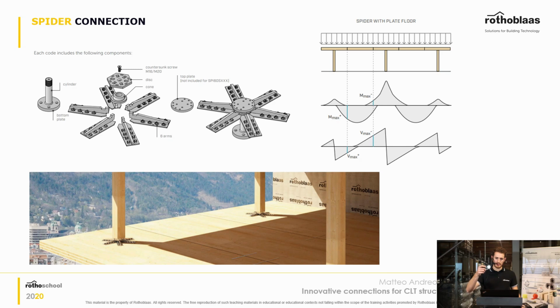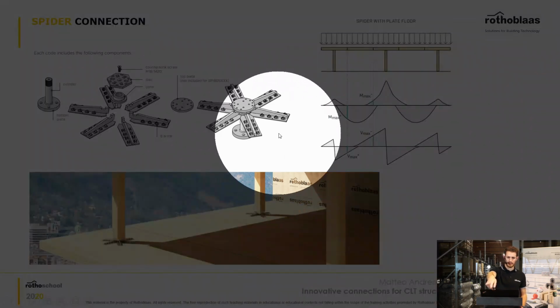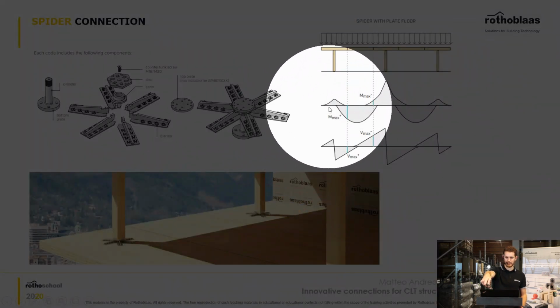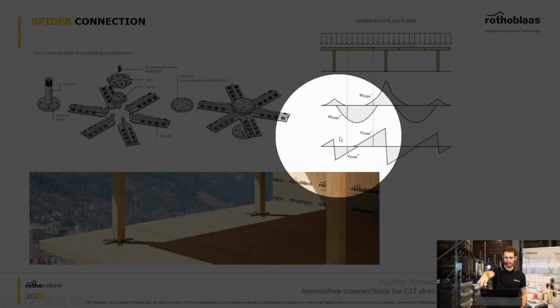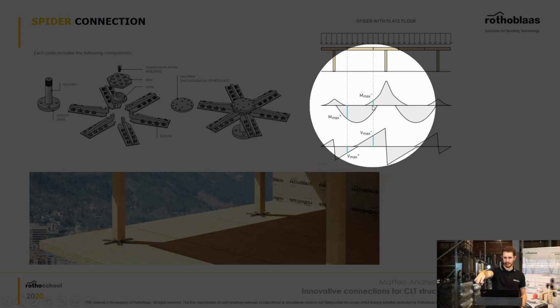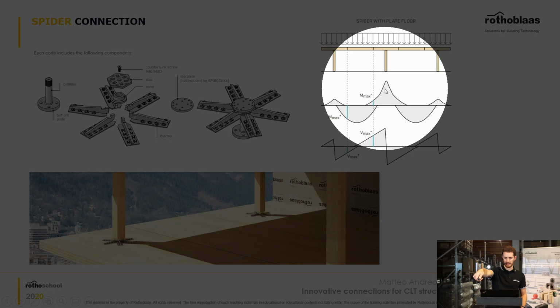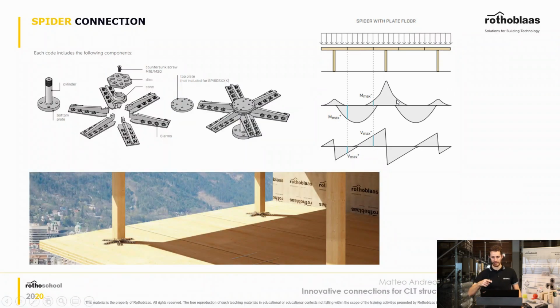So first of all, you have a continuous slab, and from an engineering point of view, that's better because instead of having a bending moment diagram which is going down like that, you have a continuous slab, and therefore you have areas in which the bending diagram is going up and reduces the one in the middle of the span. So it works better for this reason, first of all,